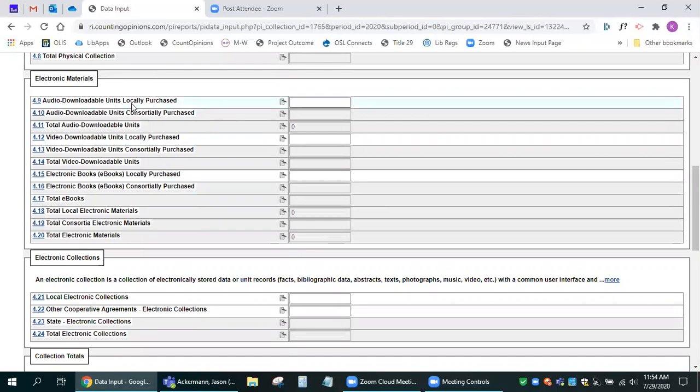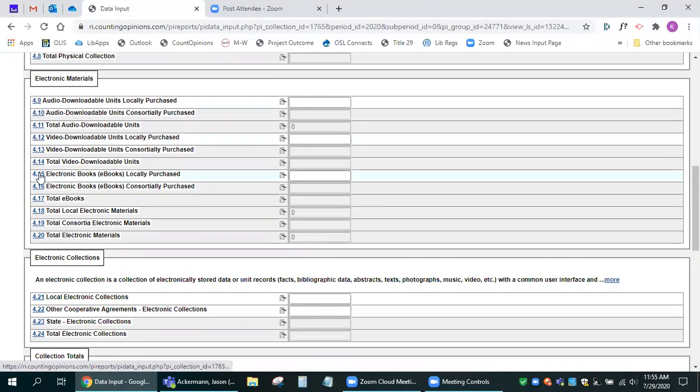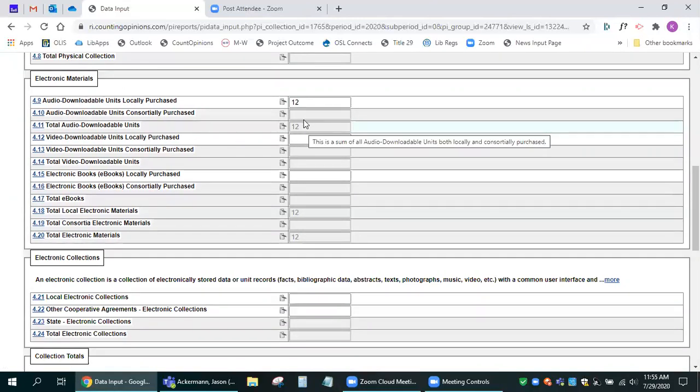So anything that is locally purchased, 4.9, 4.12, 4.15, these are all fields that you can click in because they require your input. So I'm going to enter some data in here, just enter a 12. And right away you can see that 4.11, which is a calculated field because it's adding 4.9 and 4.10, has been updated.